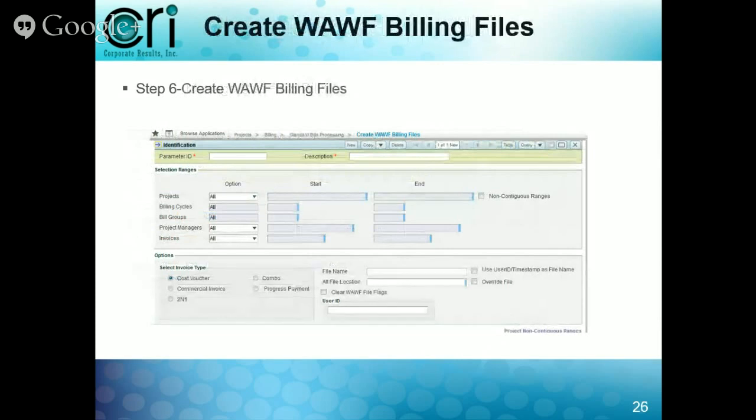Not the last step, but the next step, step 6, is to actually create the billing file. So to do that, we go to projects, billing, standard bills processing, create WAWF billing files. Okay. And so then we would input the appropriate data. So we would input a project, we can do it for all or one, whatever it is we're doing it for. The file name that is in the middle bottom where options are. So if you go to the options area of the screen and to the middle, you'll see where it says file name. The file name needs to be a .ftp. Okay. So that is the FTP